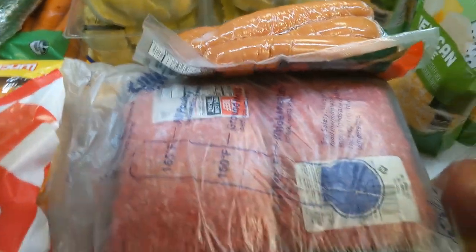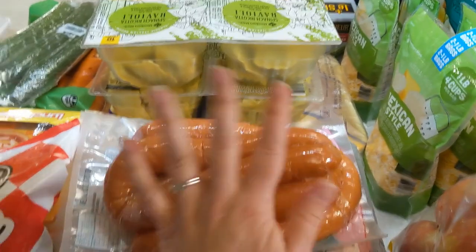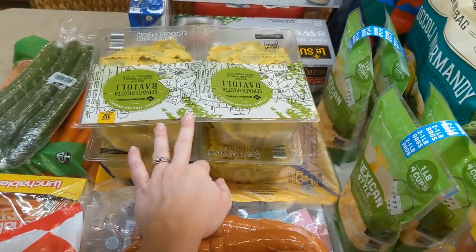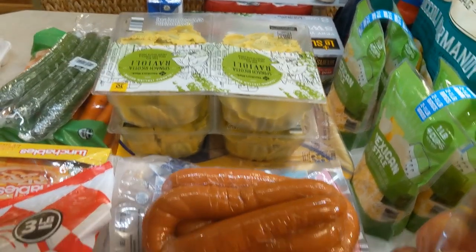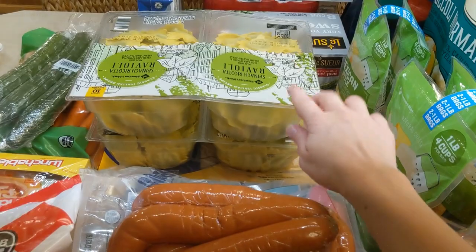5 pounds. So these are 5-pound packages of beef, and then I have the big multi-pack of the smoked sausage, and down there I have some chicken. 2 packs of ravioli. I thought I just ordered 1 of these, but I guess I ordered 2. And this I'm going to make homemade meatballs and sauce, and hope that they don't mind that there's spinach in